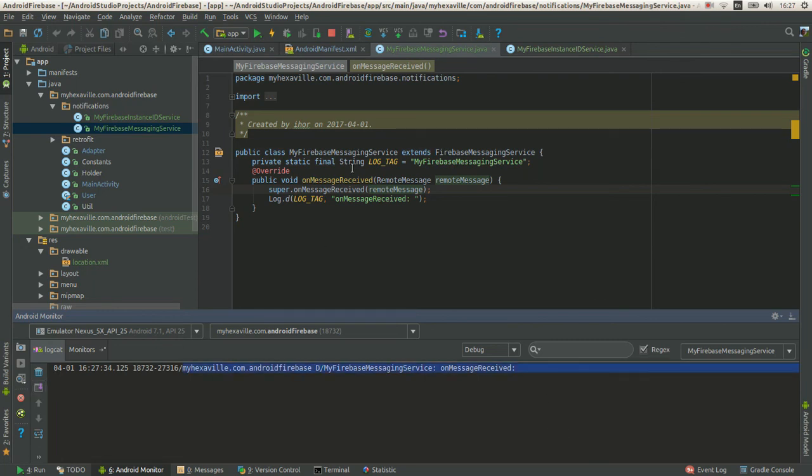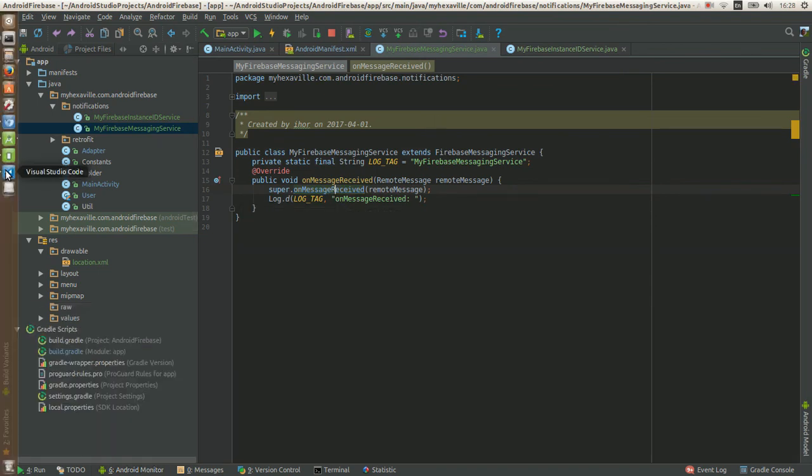So it's called only when the app is in the foreground, and still your notification is created automatically. Even if you comment out this super method, it doesn't change anything. To remove the automatic notification,